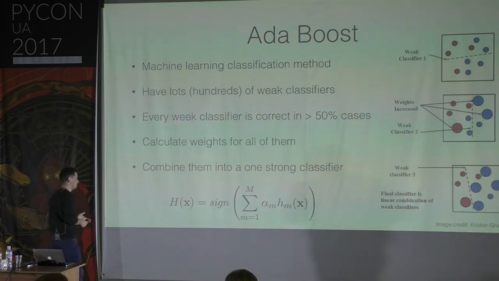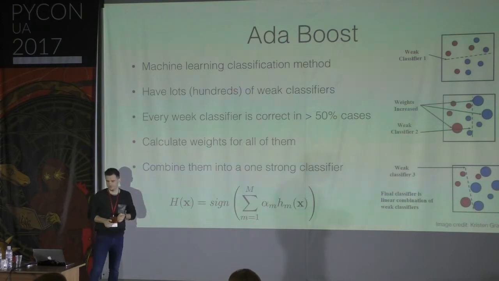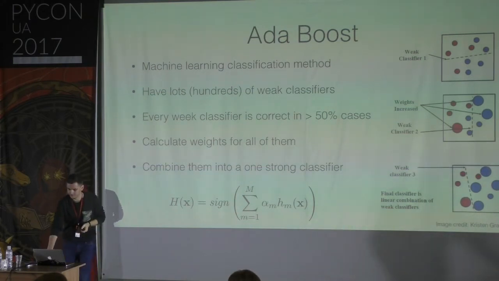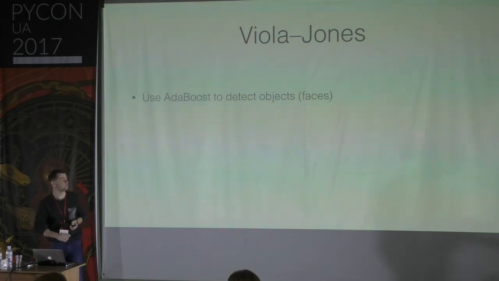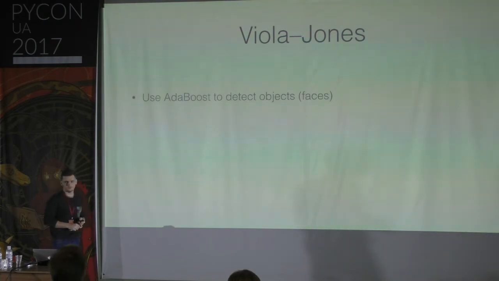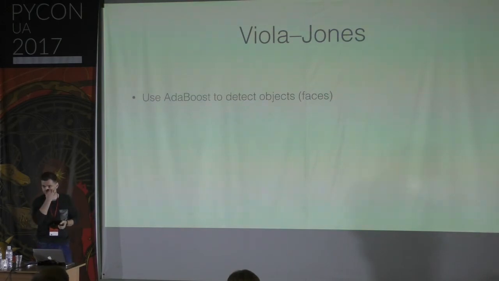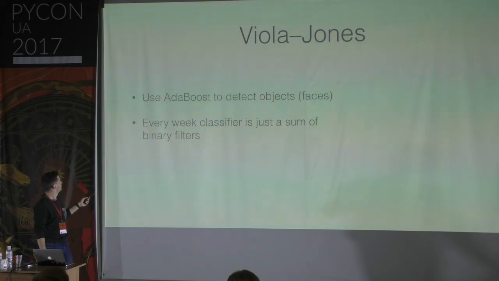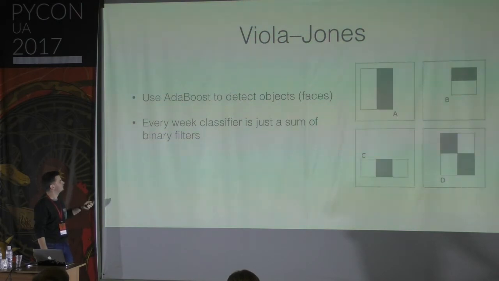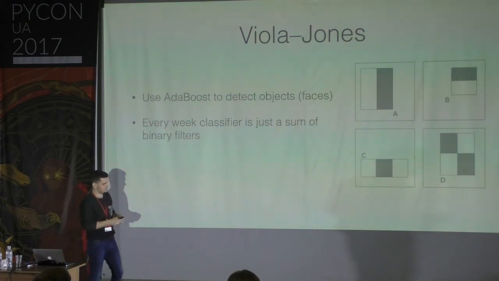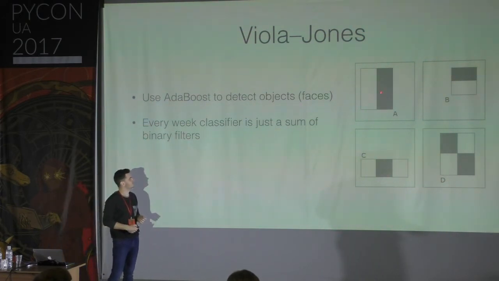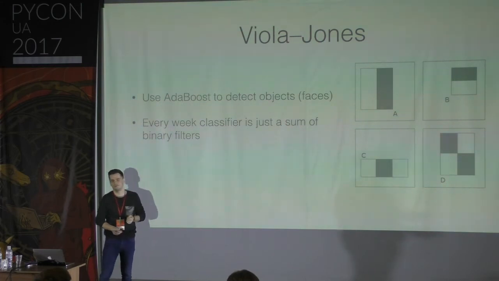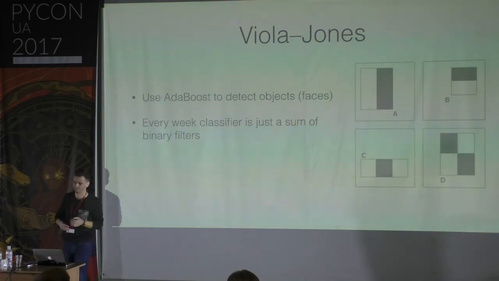And why am I talking about this? Because this approach is used in the Viola-Jones detector. Viola-Jones is used to detect objects, and it's also very popular for detecting faces. And you remember, we just have weak classifiers. So how it works is it takes a lot of these integral filters, which just say, take the values of these pixels and subtract the values of these pixels in this region. And there are a lot of them, and they usually just get generated randomly, so all possible options.